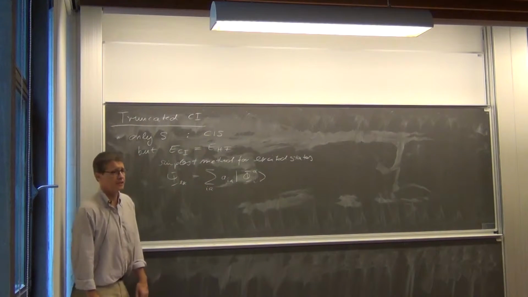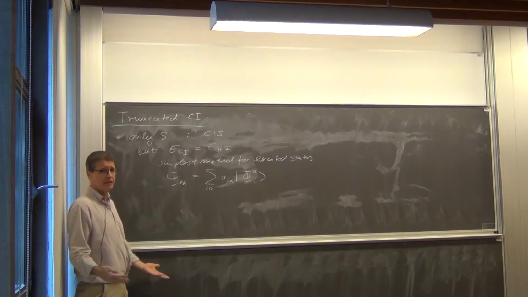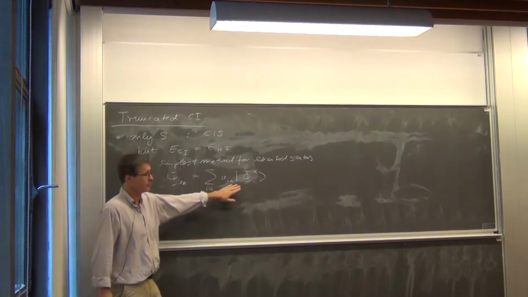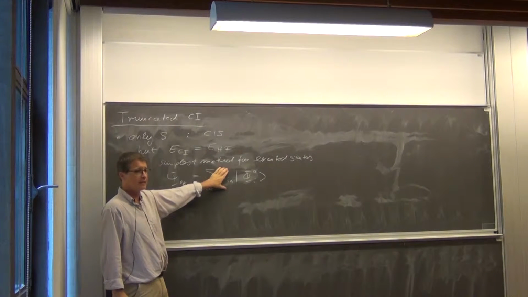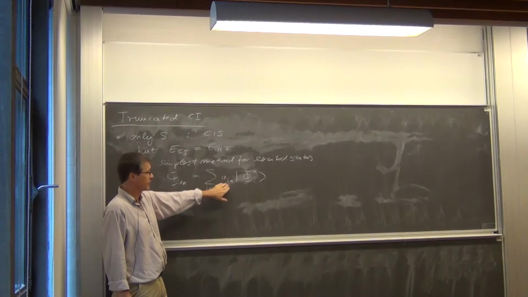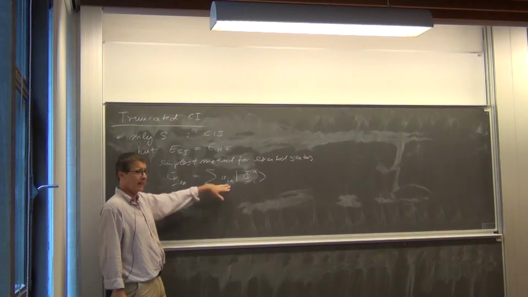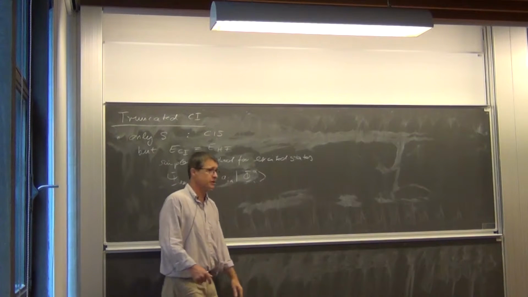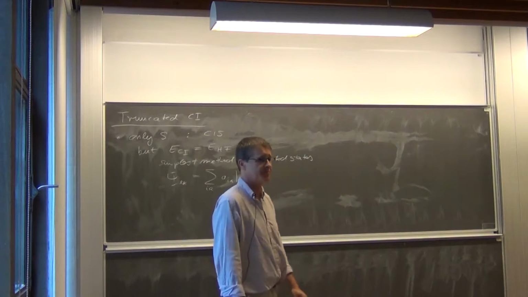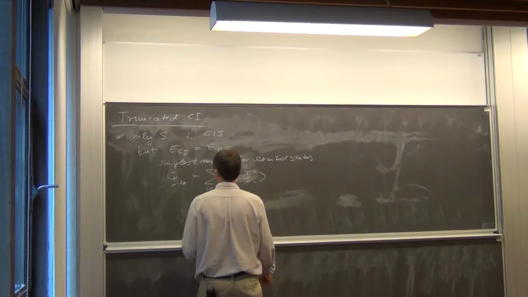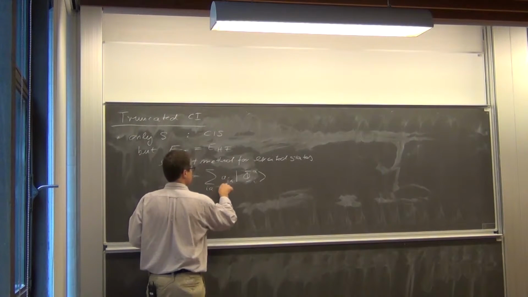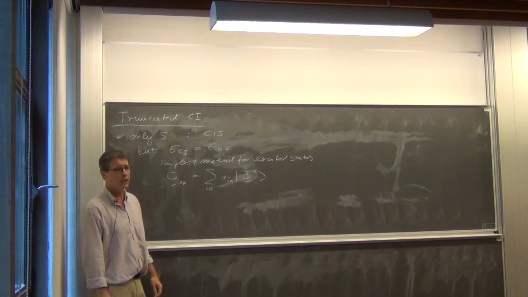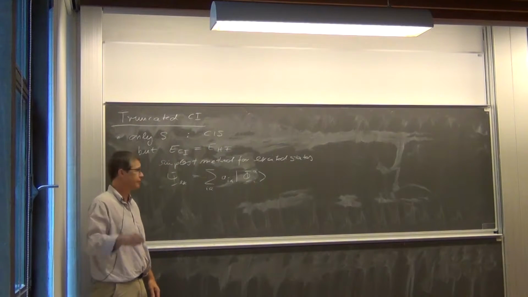And what you do then in your CI singles calculation is, you set up that matrix, and you diagonalize. You get as the eigenvectors those coefficients, and you get energies which are then approximations to your excited state energies. And those coefficients you can also look at, and we're going to do that maybe in a few weeks,